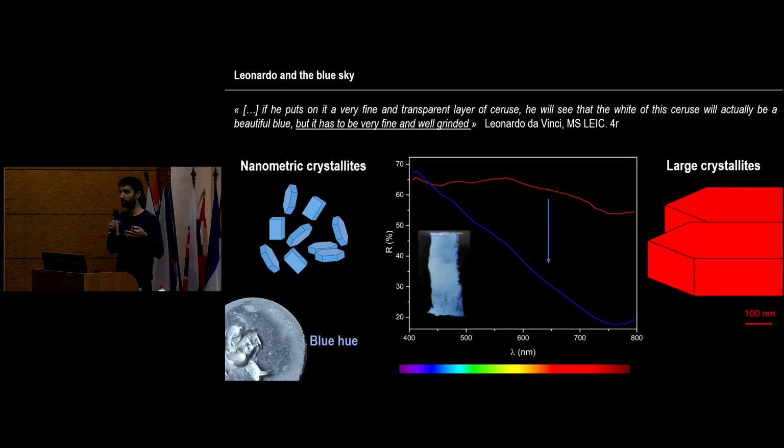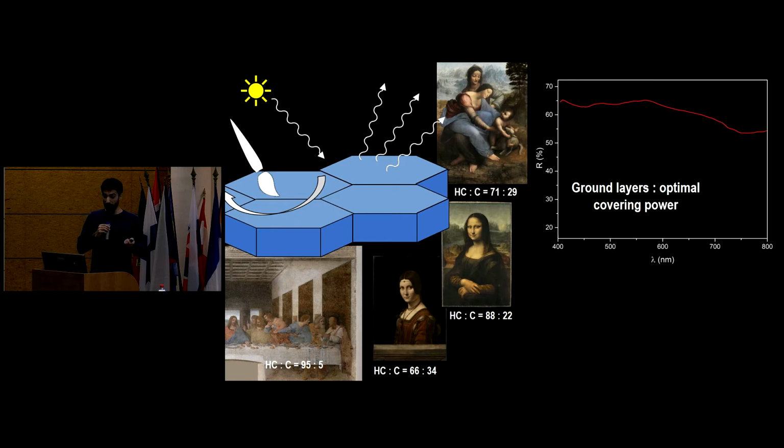So we synthesized the lead white with nanometric crystallites, and you can see indeed that this white has a very beautiful blue hue. On the opposite, if you have a lead white with big particles, well, it's very covering. This is basically a very white pigment. So what was interesting is that all the ground layers of Leonardo da Vinci, so the layers which he used to prepare his painting before